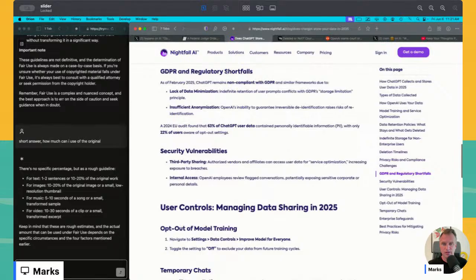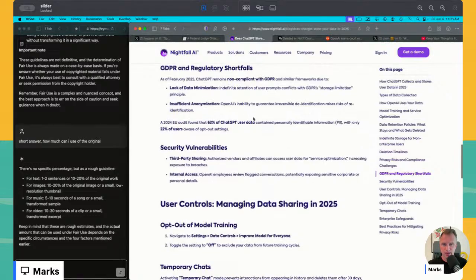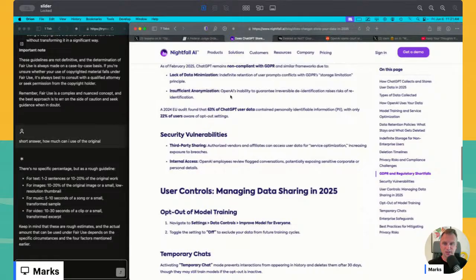Europe has the GDPR stuff, and there's some shortfalls with that. Insufficient anonymization. Let's see. 2024 EU audit found that 63% of ChatGPT user data contained personally identifiable information, PII. If you don't know this term, learn this. PII, okay? You're going to start seeing it everywhere now that you've heard it, but it basically means really personal information that is about you. This is huge. Okay, so 63% of it contained PII, with only 22% of users aware that opt-out settings existed,